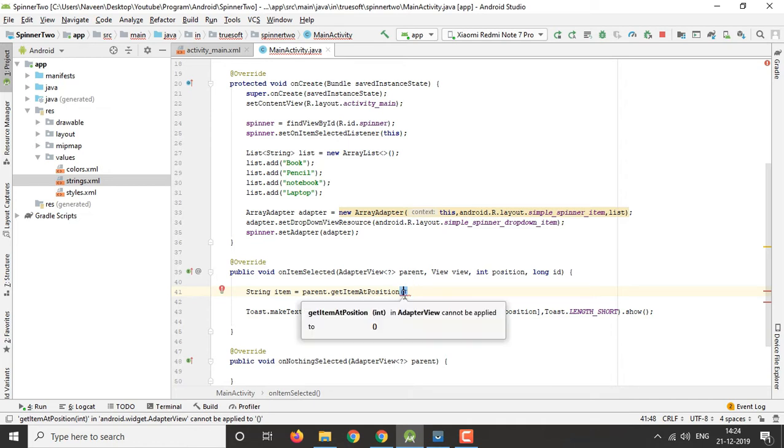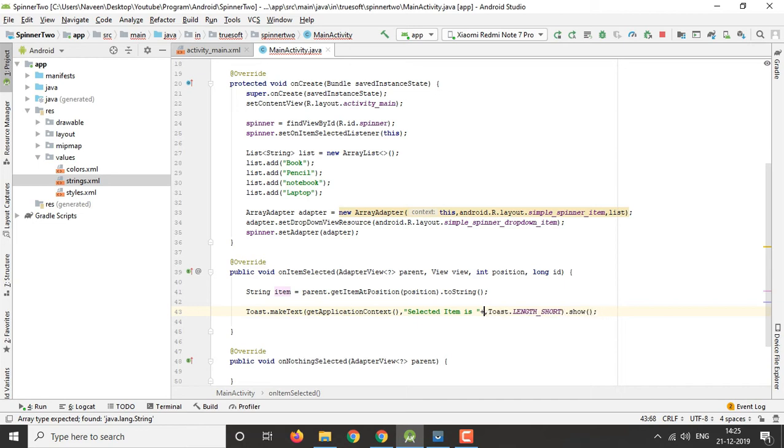So next, it will take that selected item and get the position of the item, and here I have to pass the position number. If you are putting the 0th position, it will take the 0th position value, but here I am passing the position dynamically, and then it will get the value, after that .toString. So you will get the item at this position, and after that, instead of this you will pass just the item.